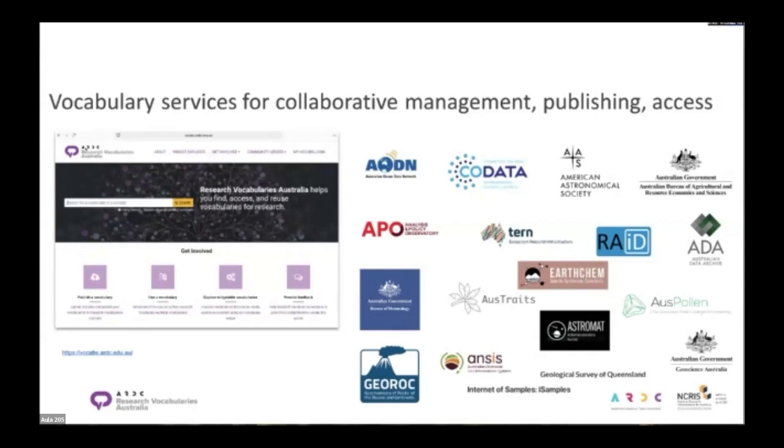Consensus on defining, selecting, and applying semantic resources such as controlled vocabularies and classifications. You may recognise agencies and projects on this slide. These are users of RVA services, and they are also creators or publishers of vocabularies that are hosted by RVA.